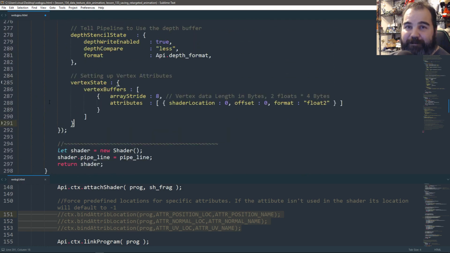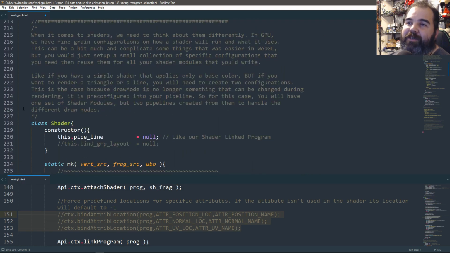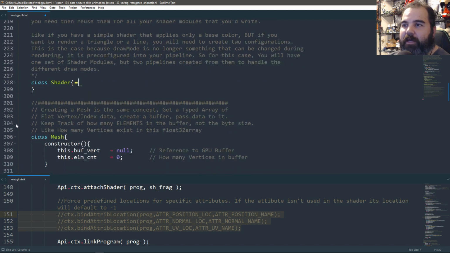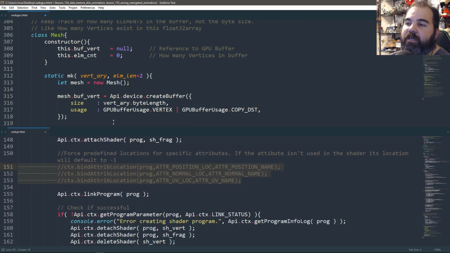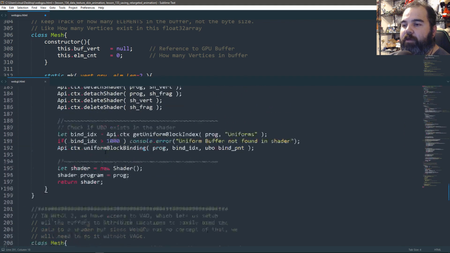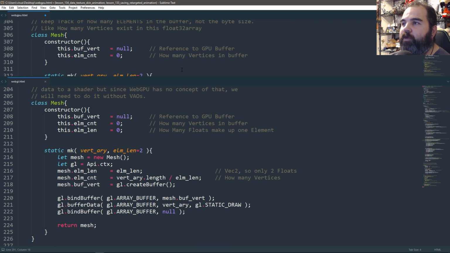So that's a shader. Shaders are, like I said, a little bit more complicated in a certain way. Now, the next thing is meshes. Meshes are actually very simple on both sides. So the WebGL version,